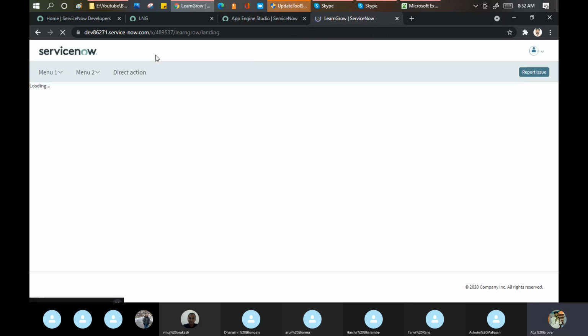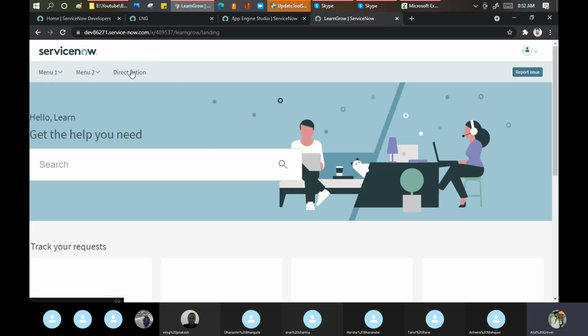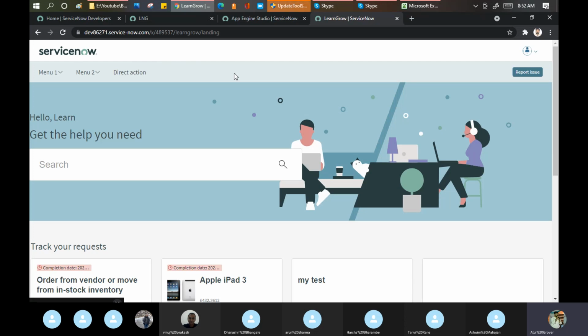Because we did not put any branding, any changes, it is showing as a default like this. Same thing you can do. You can add widgets, you can remove widgets, you can add catalog, you can create menu, you can put themes, anything you want to put, you can put in the same manner. No difference, nothing.